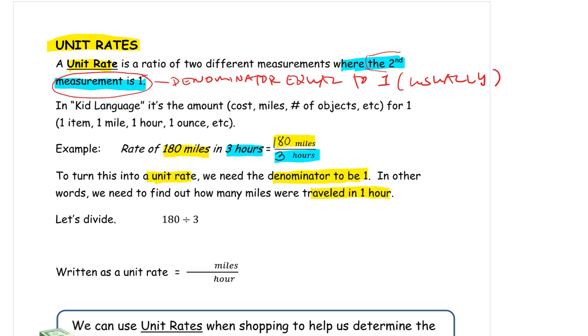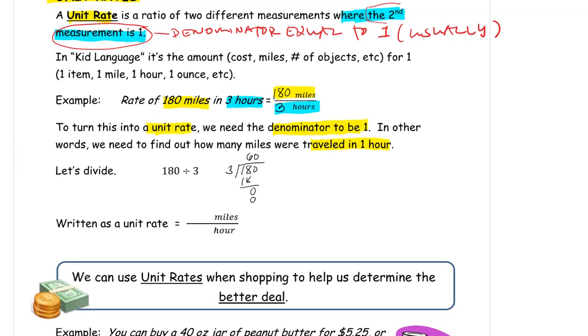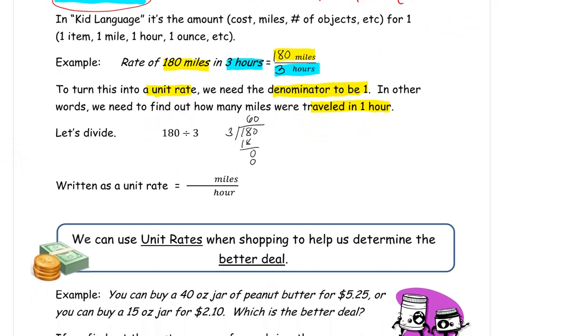So if we're gonna do that, 180 divided by 3 is, so if we're gonna do the long division, that gives you 60. So therefore we can write the unit rate as 60 miles